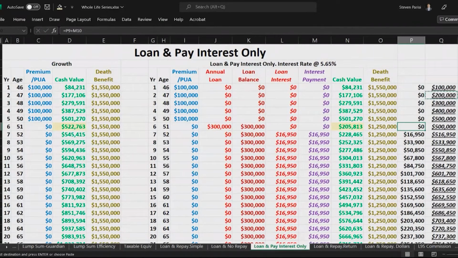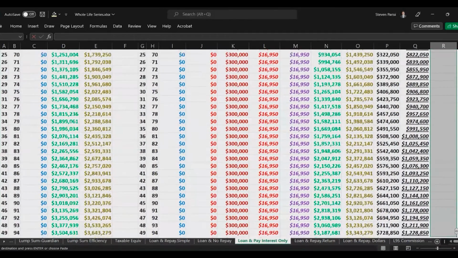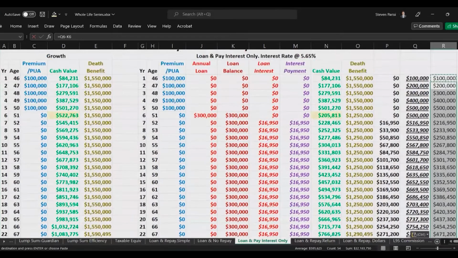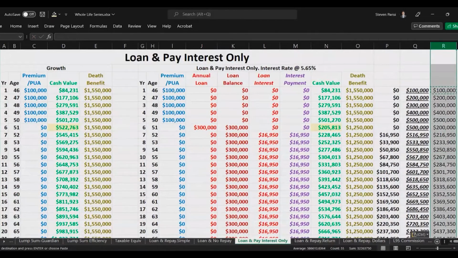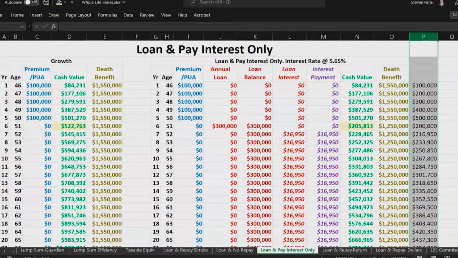I can see how much did I pay into the policy? $500,000 total, but I'm also paying loan interest to the insurance company each year. So here's my total out of pocket. But then I got to do one more thing. I'm going to simplify this, I promise. All right, cool. Let me just paste that as plain text. Get rid of the other stuff. Bold this. All right, so this shows just total input,